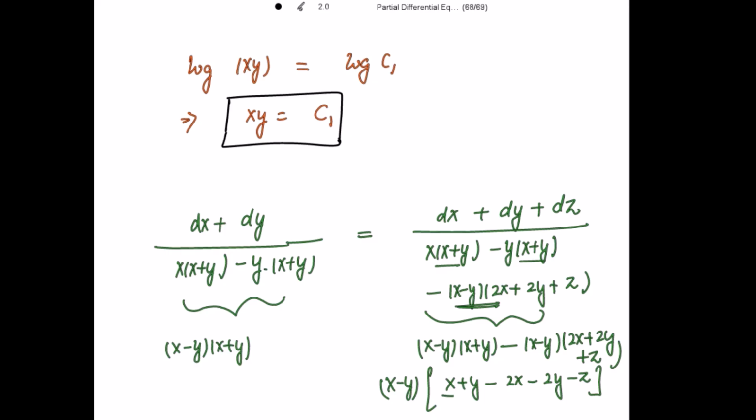So this gives x − 2x, that is −x, and from here I get −y and then −z. If I take minus outside, I will be getting x + y + z, and here negative outside, so that we can cancel x − y from both the denominators. So finally we get